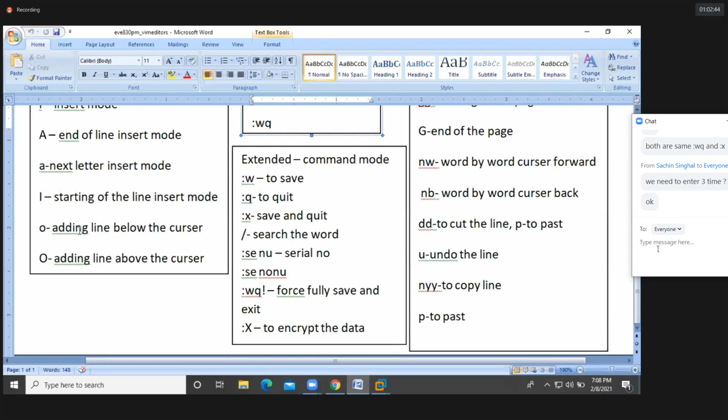In visual mode, we don't have anything. It's a read-only mode, Milan. You can just enter into the visual mode, see the content, and copy it. You can select the content of the file, that's it. It doesn't have anything else. From the name itself, it's a visual mode. We can watch the content of the file, that's it.